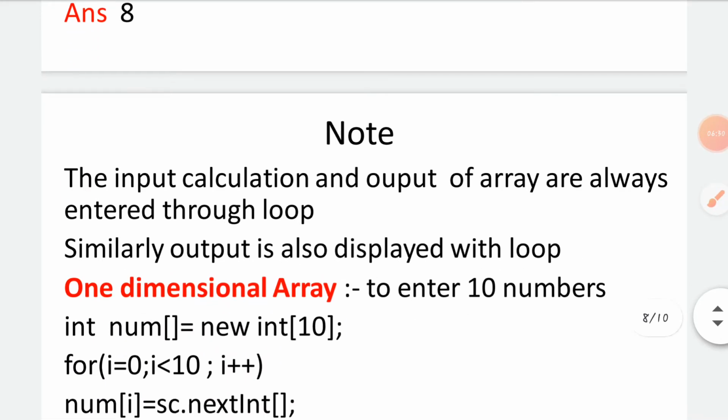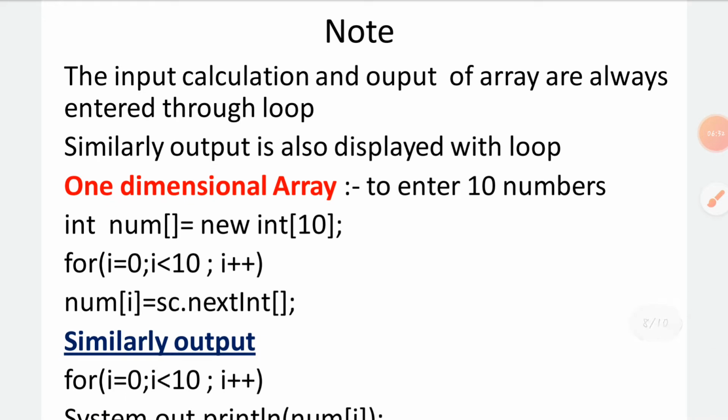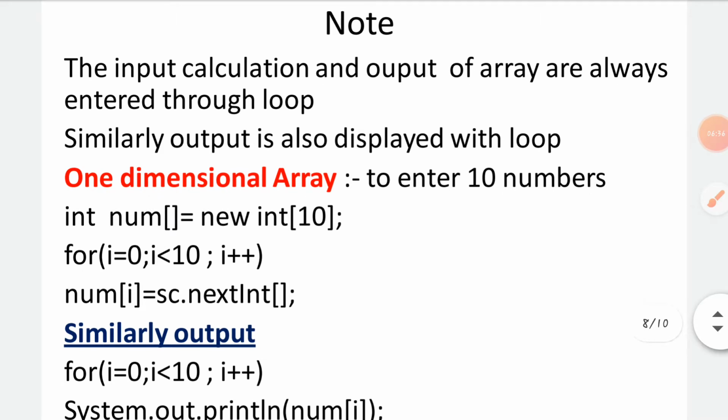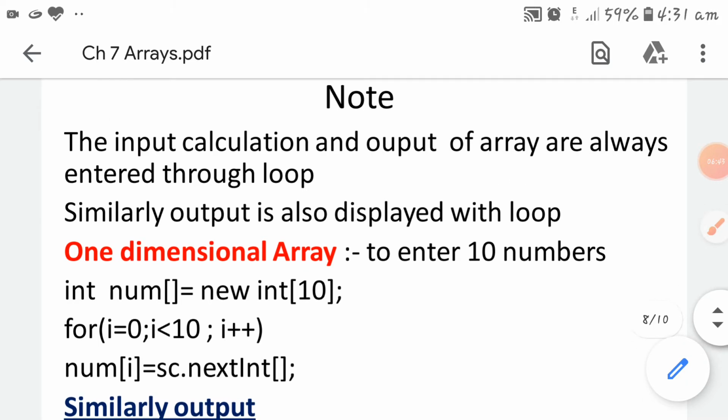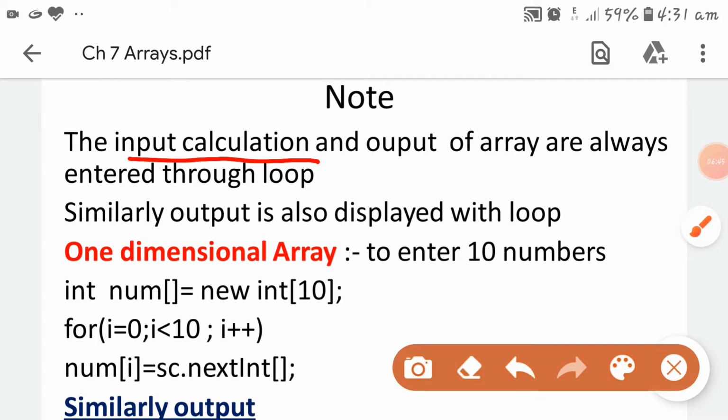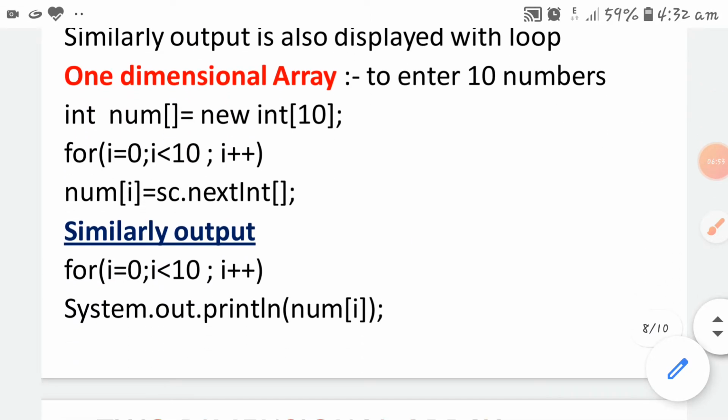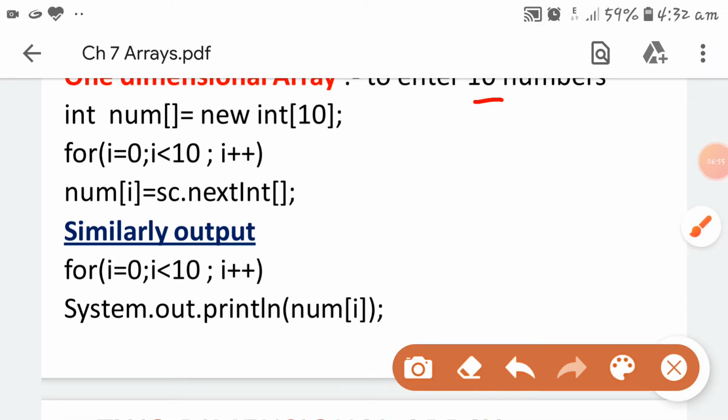Now note, the elements of an array are entered, and calculations and output are done. All three things will be done in a loop. Okay, see the example: there are 10 elements. So how will we do it? int num is equal to new int 10, then for i is 0.